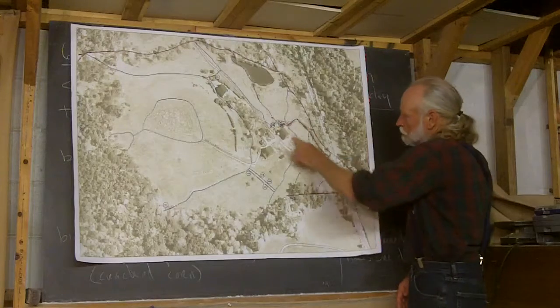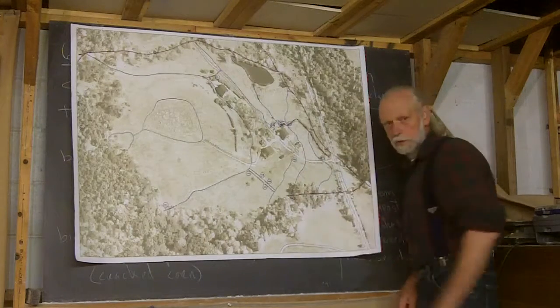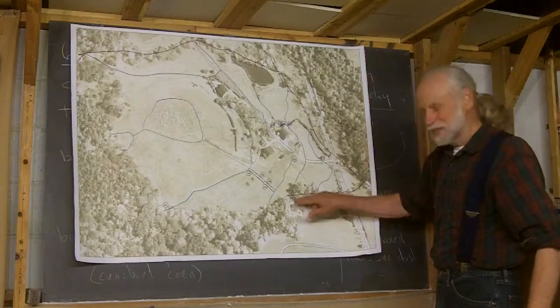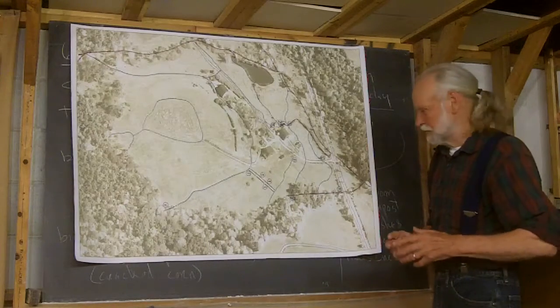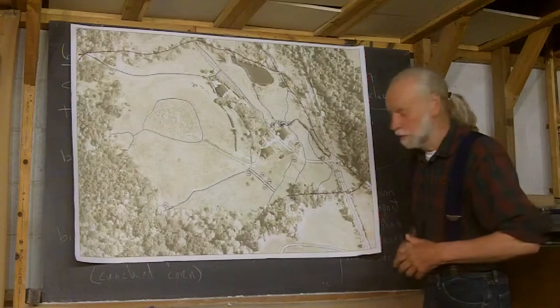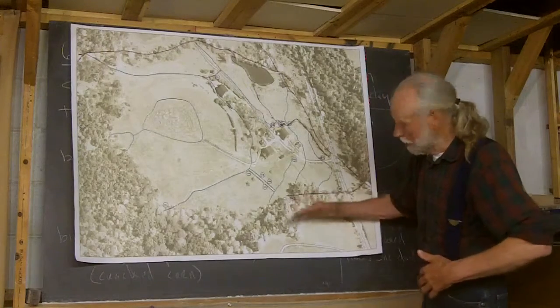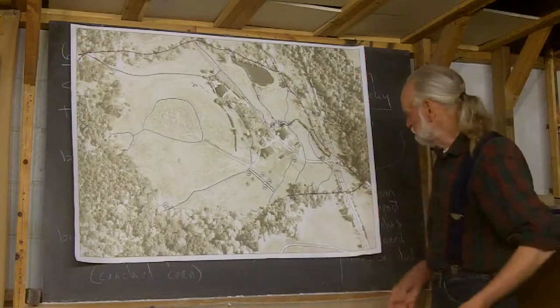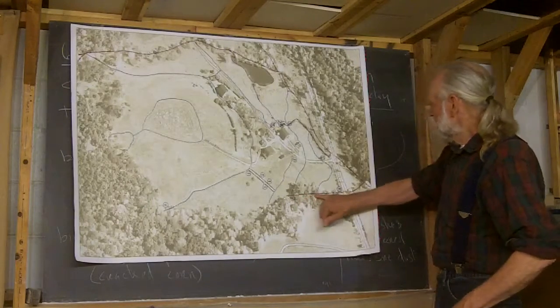Then it could go this way, it could go this way. If it went this way, I would probably put a tub wheel here. And this spot is the only spot on the farm that I have some suspicion there may have once been a mill, a water-powered mill right in here. We're right up against the mining, and it's very complicated because of what the mining did. All right, then